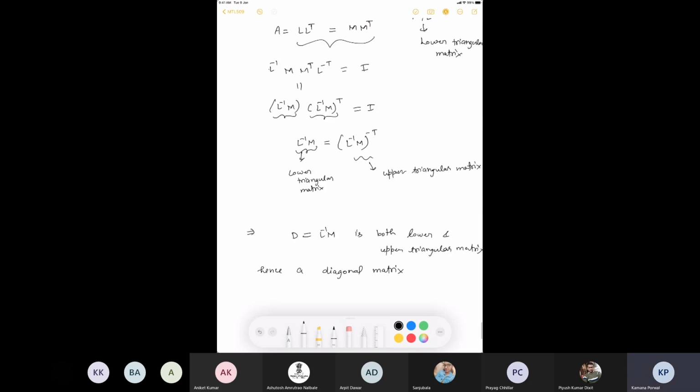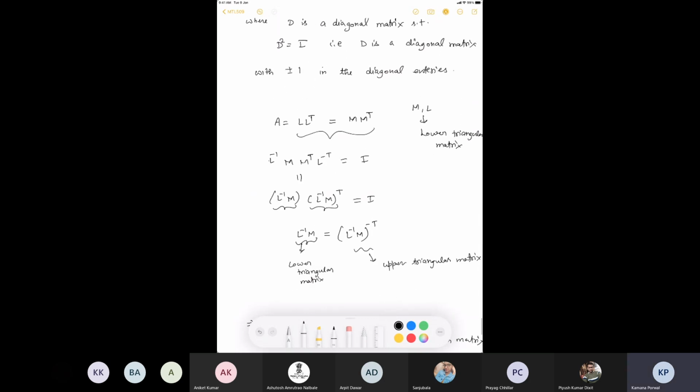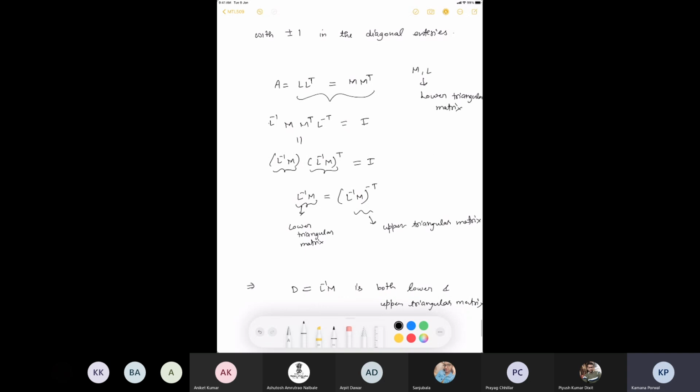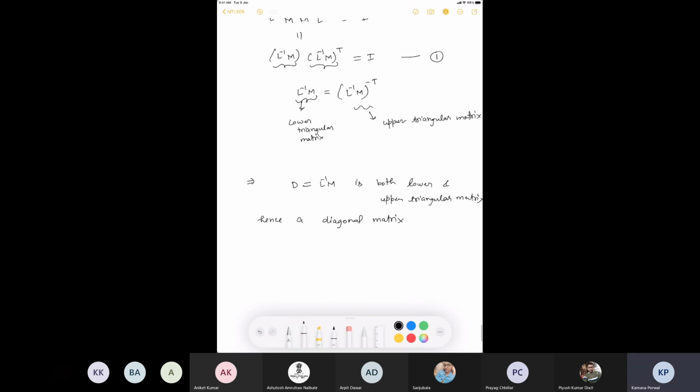Okay. Now we have got that this is a diagonal matrix. Now let's try to get more information about what the entries of this diagonal matrix are. So let's look at this relation. Let's call it 1. So from 1,